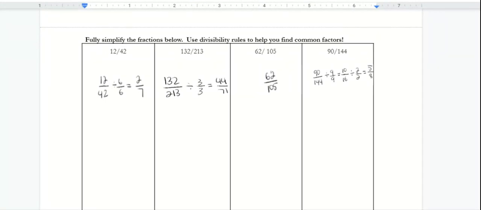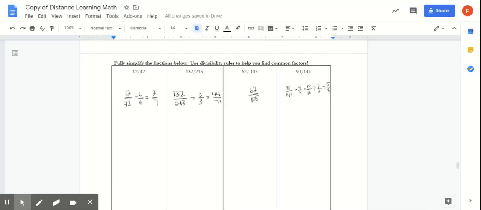Okay, so here the directions tell us to fully simplify the fractions below. Use divisibility rules to help you find common factors. So here we know that 12 and 42 have common factors of 6. So we're going to divide that by a form of 1. And we're going to get 2/7. 32 over 213 divided by 3, which equals